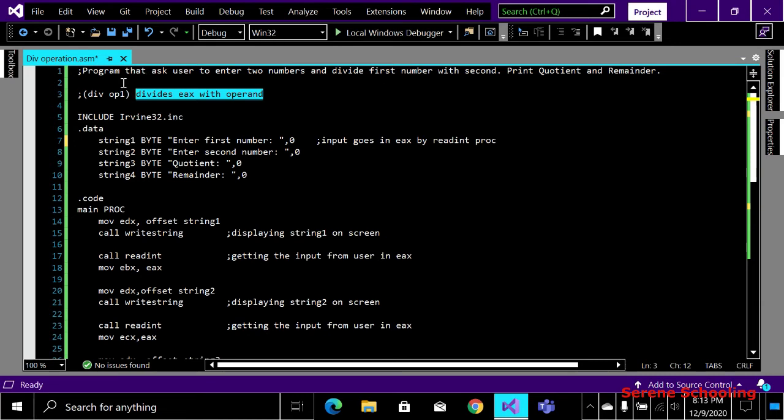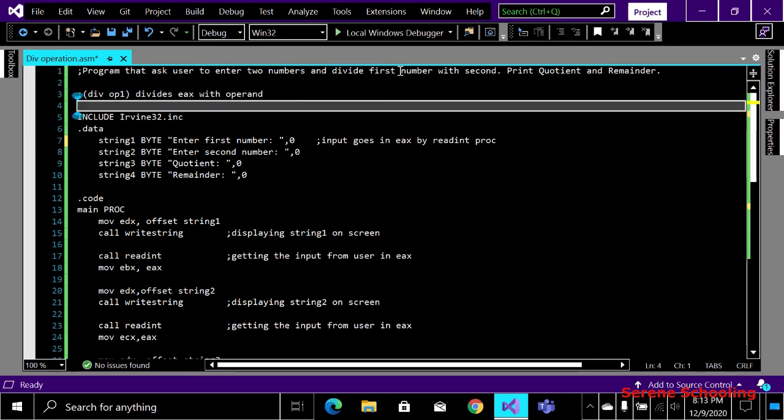Why? Because I have to divide my first number with this operand, that is with my second operand, and the first number for that purpose will have to be moved into the EAX register. By comparing these two statements you can understand which value will go in EAX and which will not go.